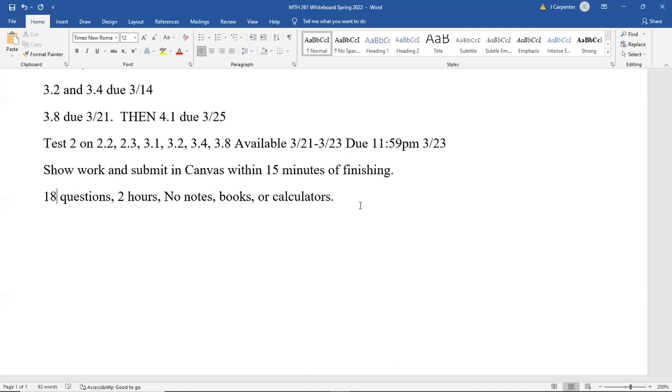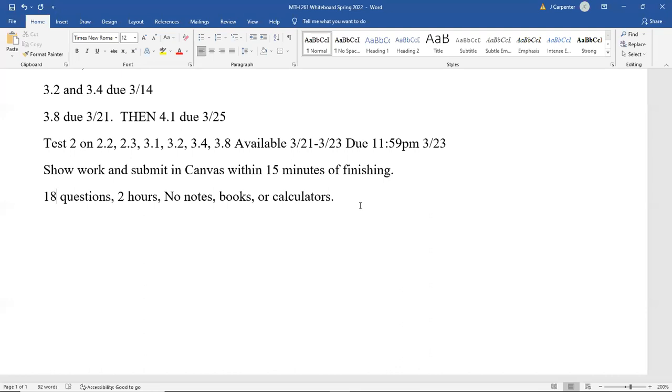Make sure that you have 2 hours to start and finish it because you will have to do this in 1 sitting. This will be the last no-calculator test. Test 3 and the final, you will be allowed to have calculators, and those will be the proctored exams where you'll have to have either your cell phone or a laptop camera, or just a webcam, whatever, on you for the test. That is required.